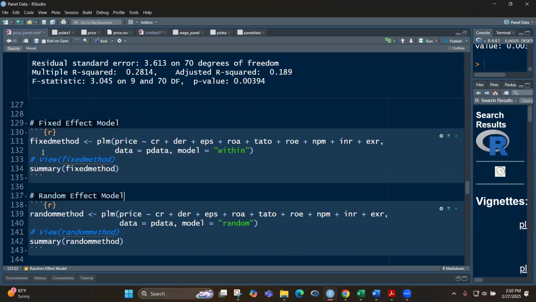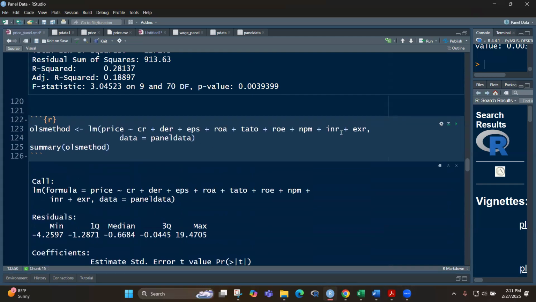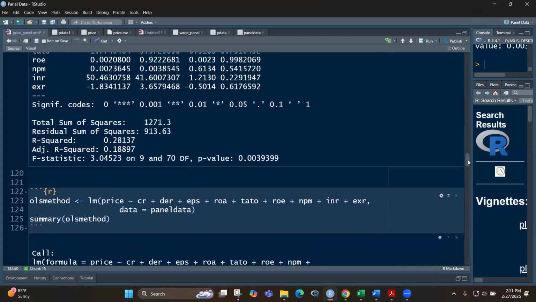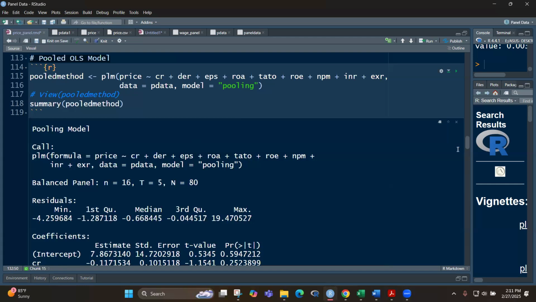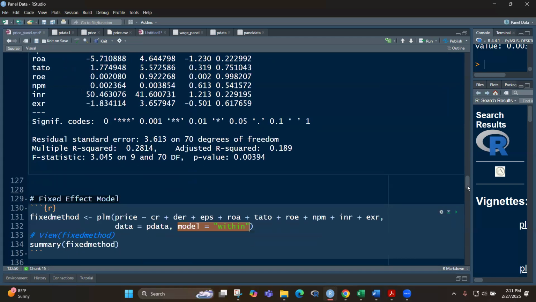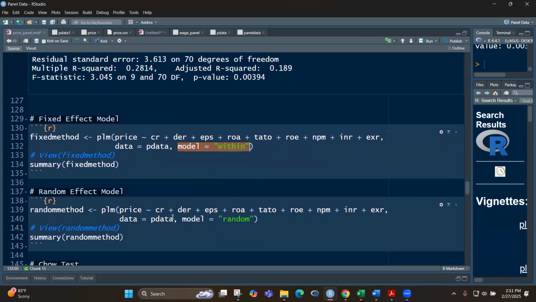We're creating this object fixed method, same regression, same data, but the model is equal to within, class. Okay, kanina model is equal to pooling. Ito, dun sa P-data natin. Pooling. Tapos pag fixed effect, model is equal to within. Okay, so if I run this,